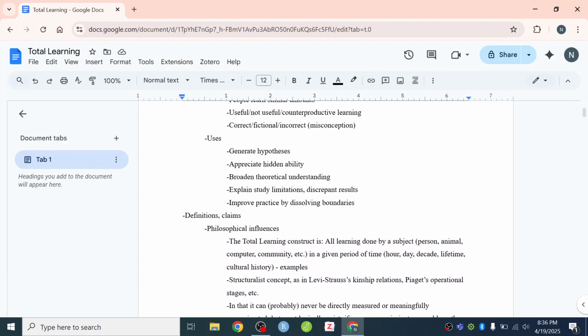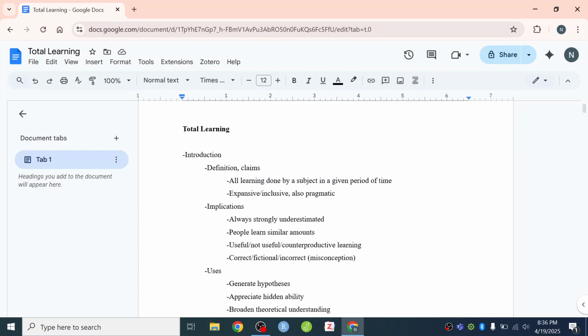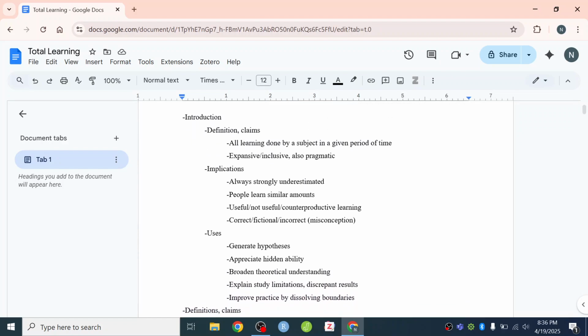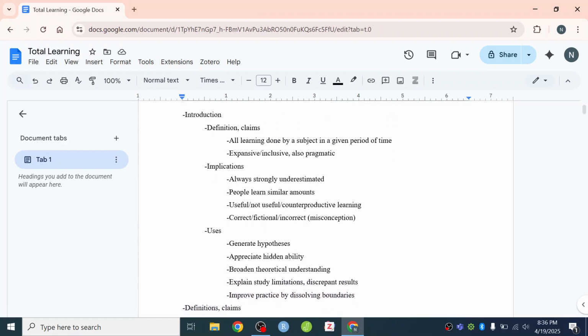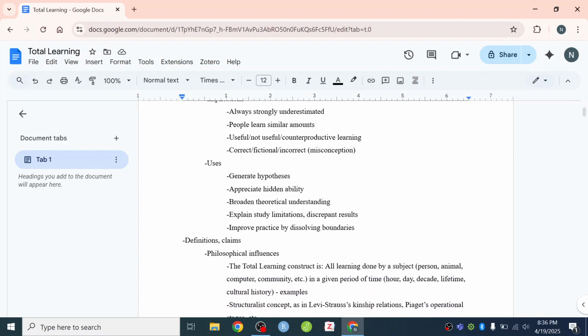Okay, so let's get into definitions and claims. Starting right off, everything I've been saying makes sense to me, and this whole introduction section makes a lot of sense because I've been thinking about these things. But when I've described it to other people, it's been helpful to give a lot of examples. So I'll be sprinkling those in as I go through these definitions and claims.